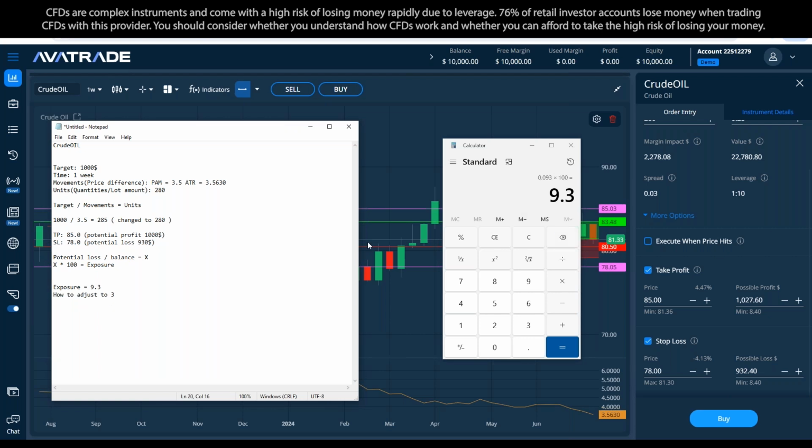Okay, so what do we have to do to minimize it to 3? There are 2 things that I can do. One, change the, who knows, guys? How do I modify my exposure from 9.3 to 3? Change the lot size. Thank you, Mary. Who knows the other one? Change the,